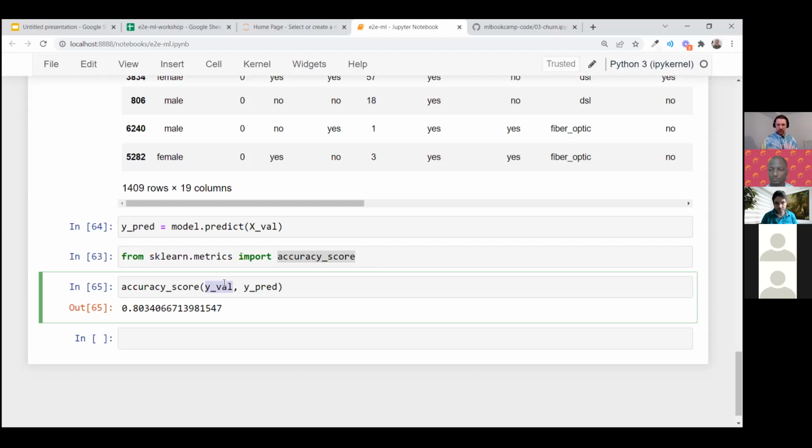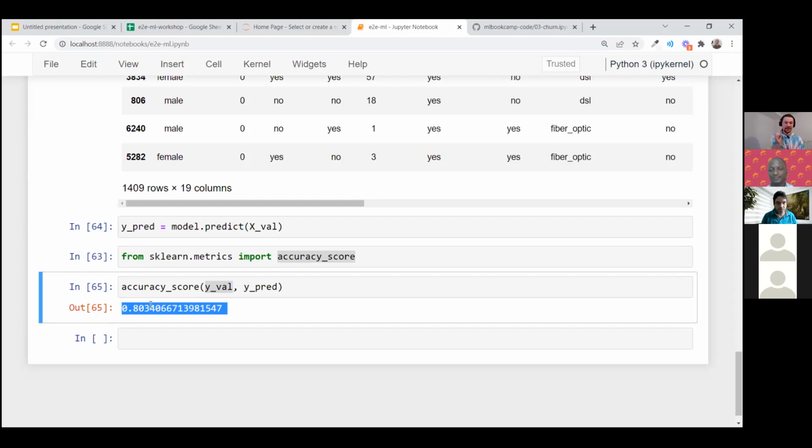So we trained our first model, which seems to have a good accuracy. And what I want to do now with this model is turn it into a web service. And remember the use case I was talking about? The use case was that for people who have not ended the contract with us, who haven't left the company yet, we want to identify if any of them are going to leave anytime soon.